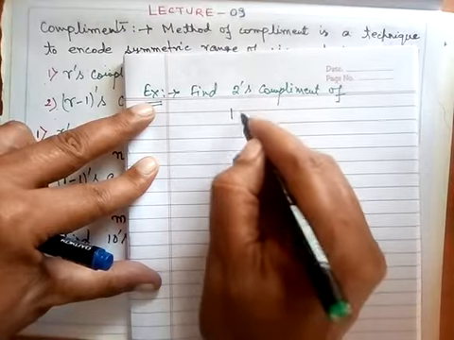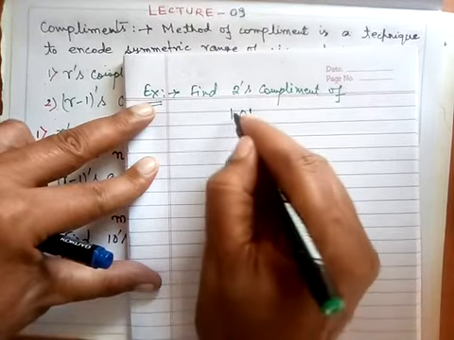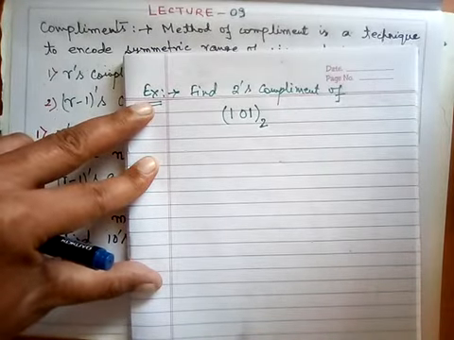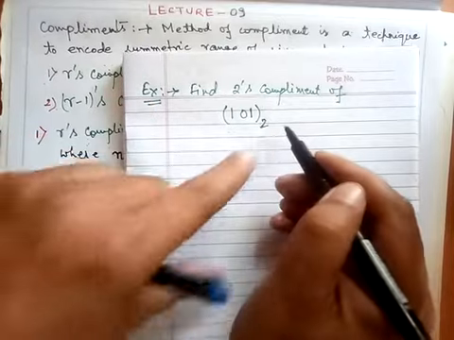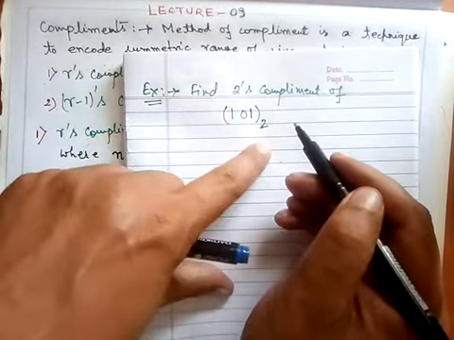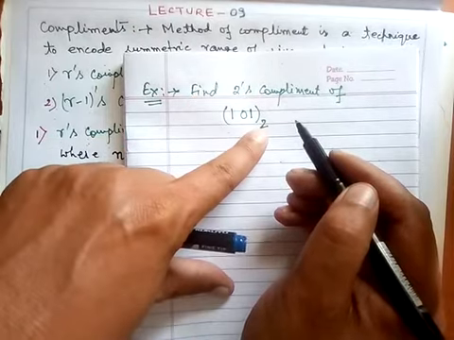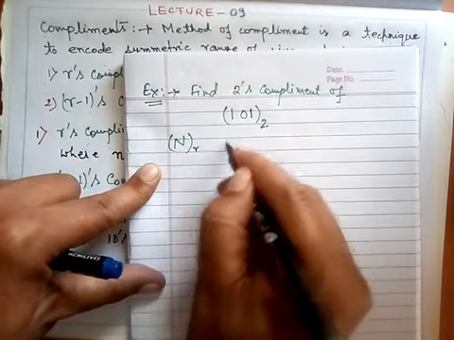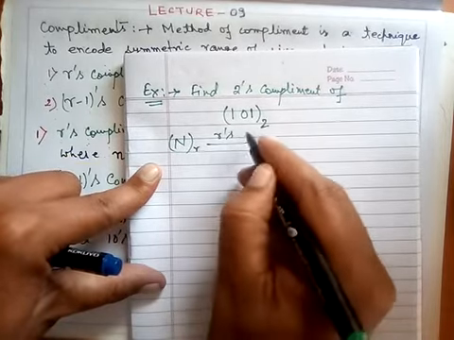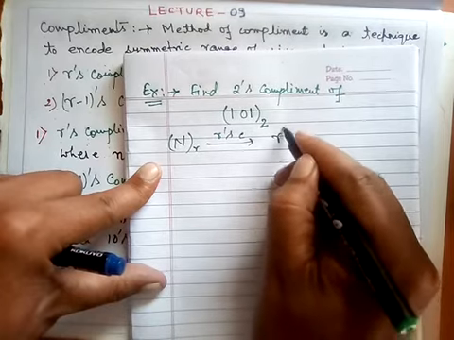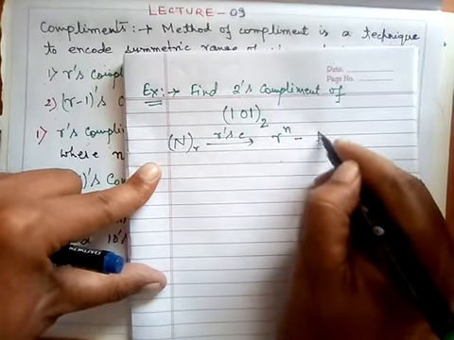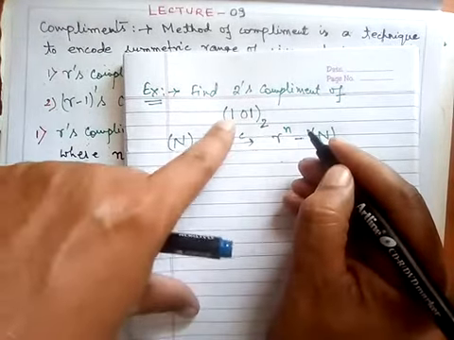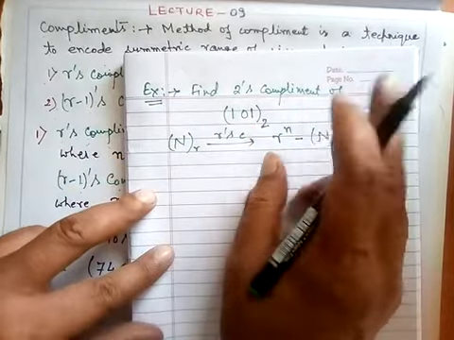Suppose I take a very simple number, 101. 2's complement of the number 101 with base 2. Again, 2's complement means r's complement, base 2 means r's complement, and the value of r is 2 here. As per definition, if you have a number N with base r, its r's complement is given by r to the power n minus the number N with base r, where small n is the number of digits in the integer part. There is no fractional part here, for simplicity.